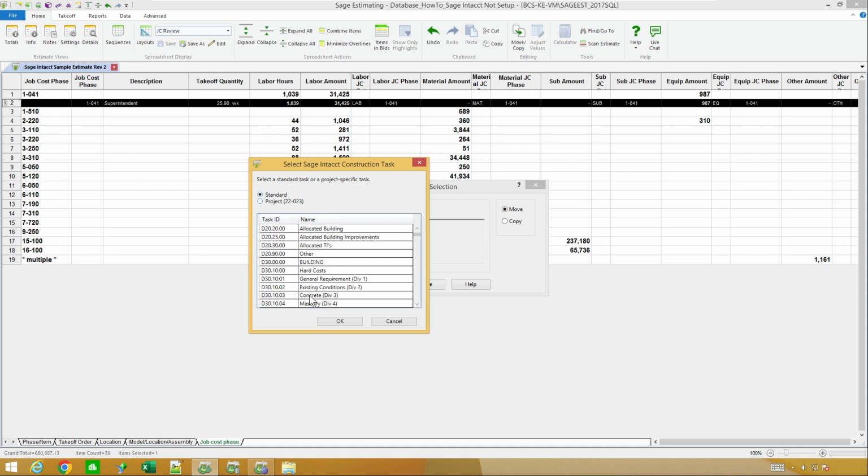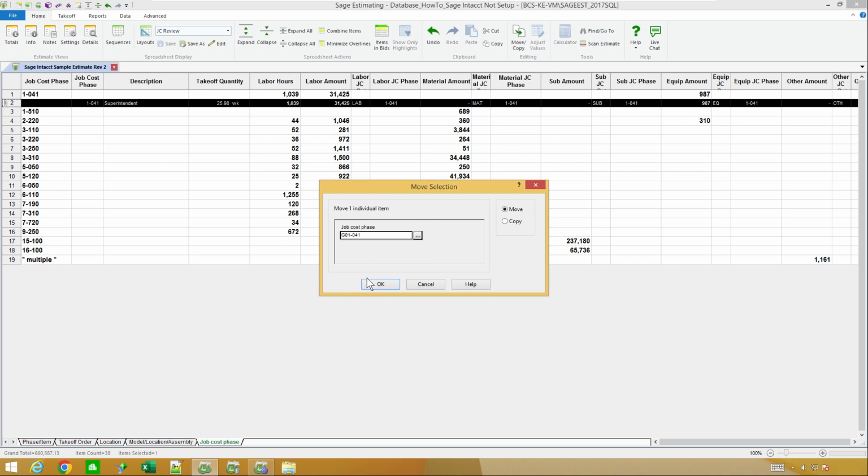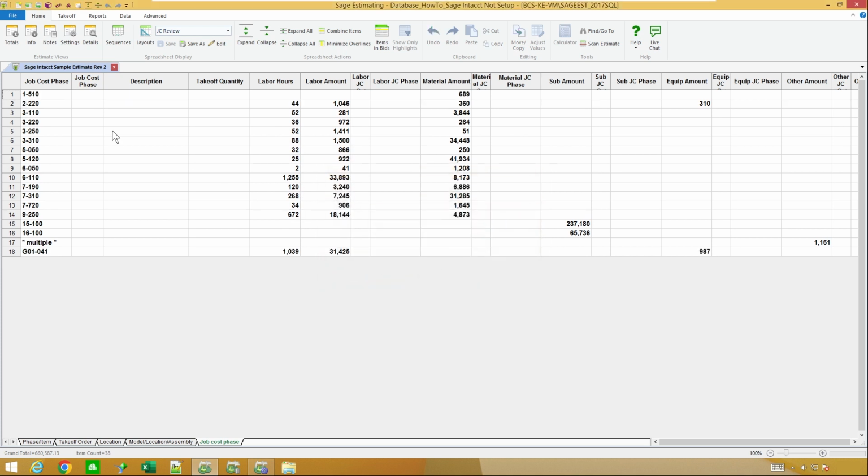So I could just keep it on standard and go through my standard list and find the codes that I'm looking for. So in my case here, all my codes start with a G. So I'm going to come on down to the G's. And I'm just going to lump that to project coordination at the moment. So I'm going to hit OK. It's got my new version of my number there. When I hit OK again, it's going to go ahead and drop it down below here for my new format.